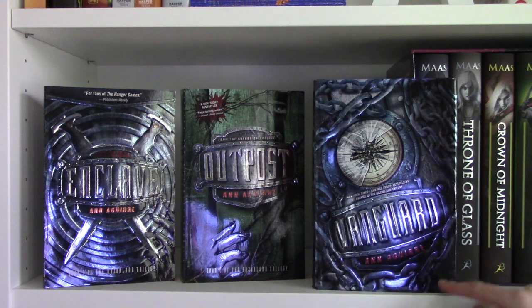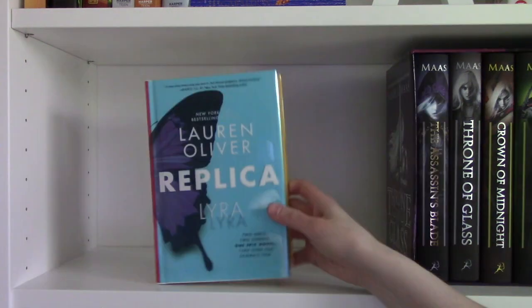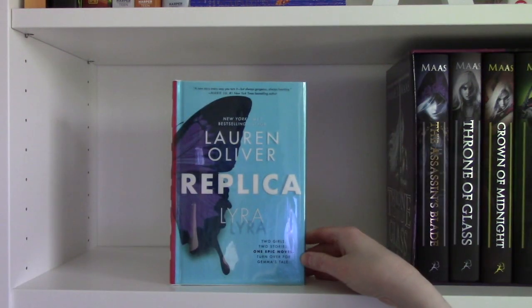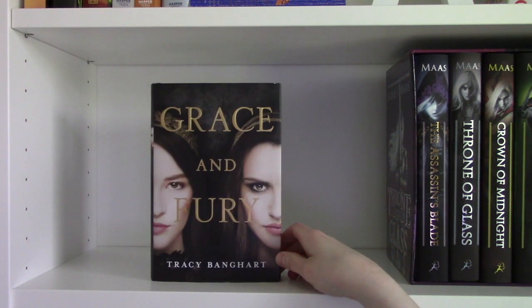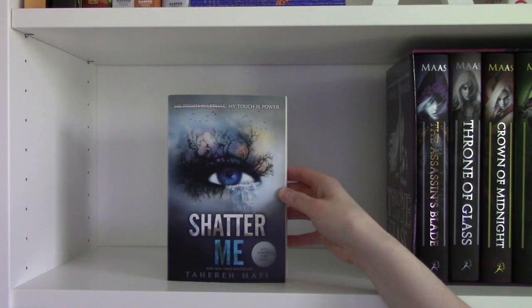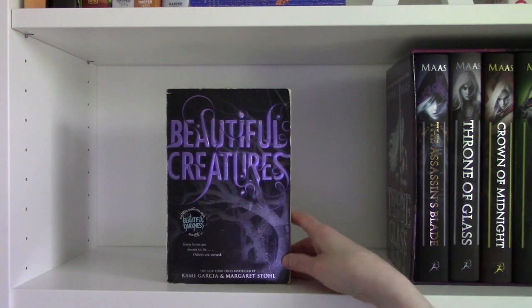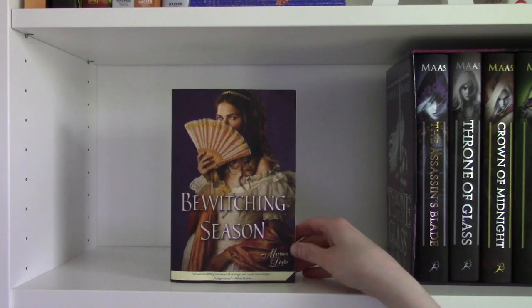This is a companion novel after. These are Enclaved, Outpost, and Vanguard, all written by Anne Aguirre. I have Replica by Lauren Oliver, Wildwood Dancing by Juliette Meriller, Grace and Fury by Tracy Banghart, A Great and Terrible Beauty by Libba Bray, Shatter Me by Tahira Mafi, Beautiful Creatures by Tammy Garcia and Margaret Stoll, Bewitching Season